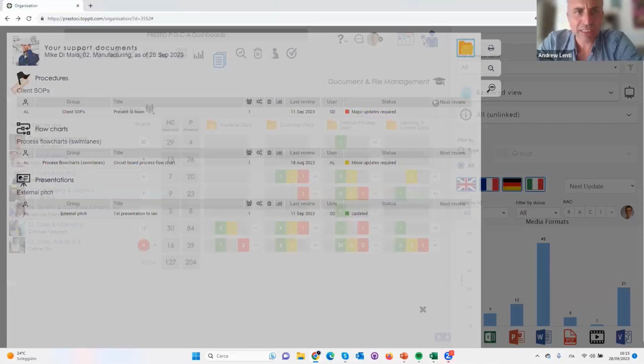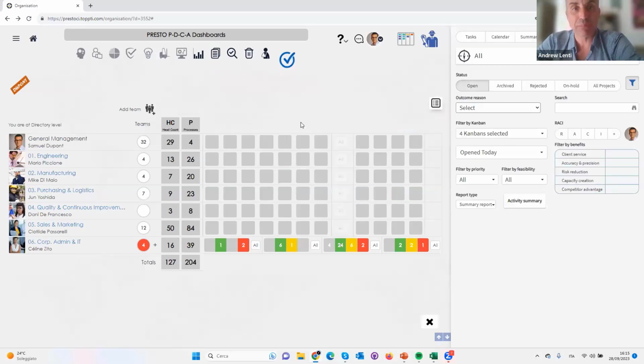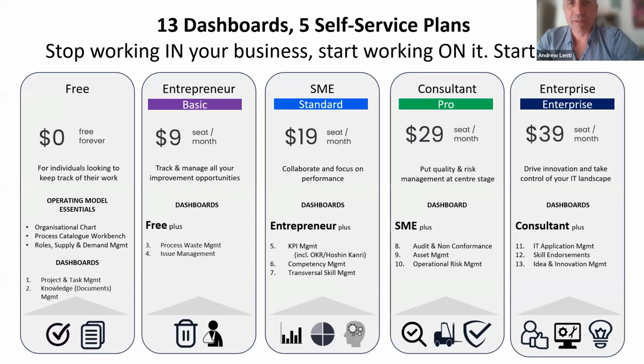So as you can see, KPI dashboard, IT application management, asset management, idea collection, operational risk management, process competencies, skill endorsements, and transversal skills. Now, we could spend a good hour on each one of these dashboards. Today, we're going to be focusing on change management, PMO via PDCA digitization. So those are the 13 dashboards. I want to highlight to you,